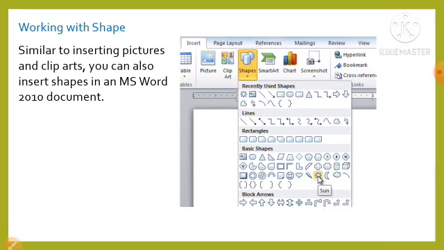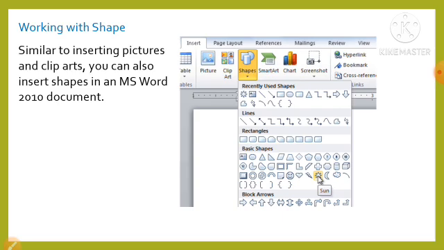Shapes are inserted in a document to represent information about a selected object or text. For example, shapes may be used to indicate the relationship between two entities while displaying the organizational hierarchy. In addition, we can represent sequential or non-sequential processes in a document by using different shapes such as rectangles, diamonds and ovals.